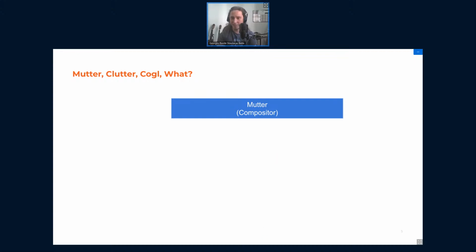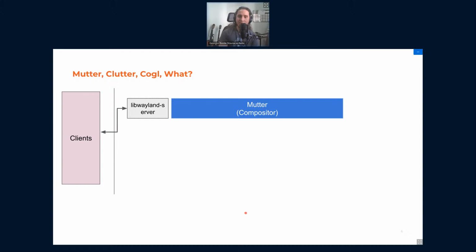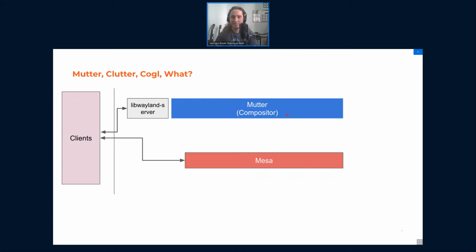So let's start with Mutter itself, which is the compositor. Well, the whole purpose of a compositor is compositing stuff, you know. So we need clients that send data to Mutter, and Mutter composites. It uses libwayland server to do that. Of course, on the client side, clients use libwayland client to communicate. But most importantly, in an ideal world, I'm simplifying stuff here, so I'm thinking about only the free and open source stack.